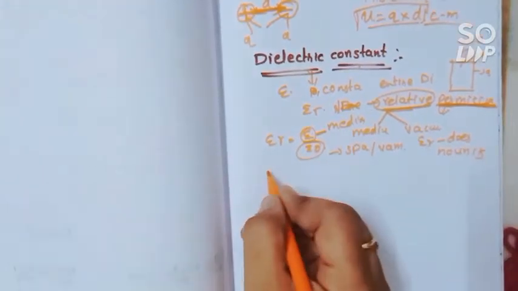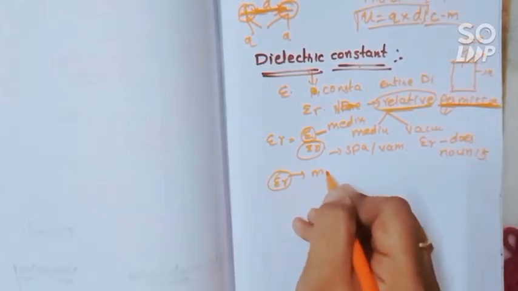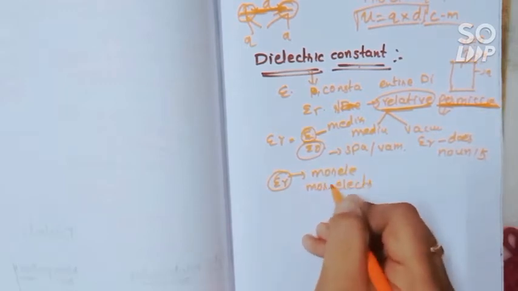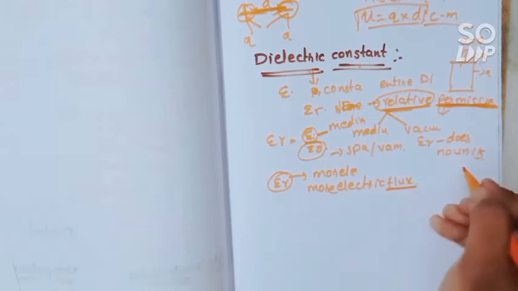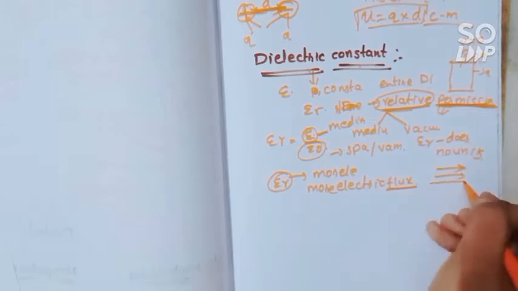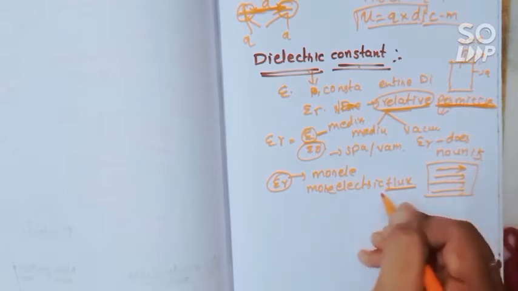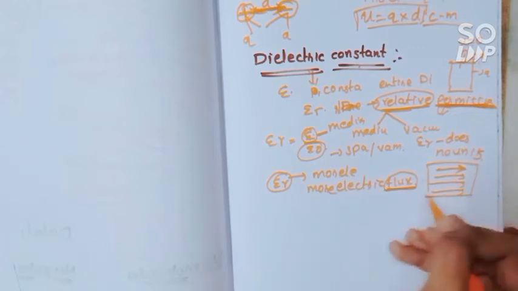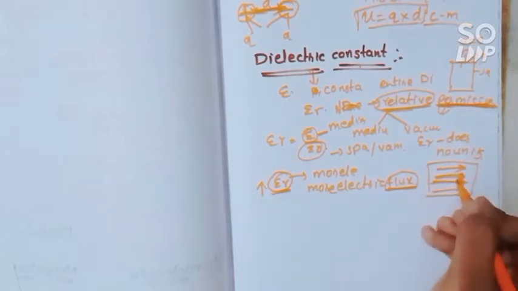Next, let's move on in dielectric constant only. If a higher dielectric constant is present, then a higher electric flux density is present. Let's know what flux density is. Flux density is the number of electric lines passing per unit volume. If we consider this unit volume, how many electric lines are passing through this unit volume can be explained by the flux density. And the more the flux density, the more the conduction of a material. And if epsilon r is more, then the electric flux density in a material is more.